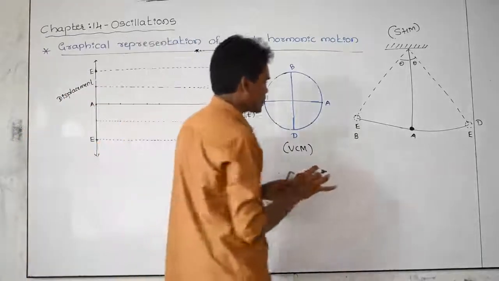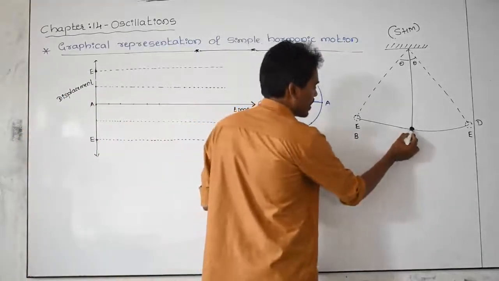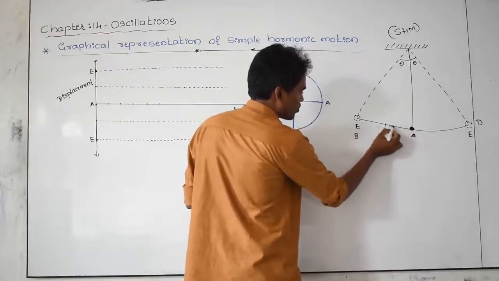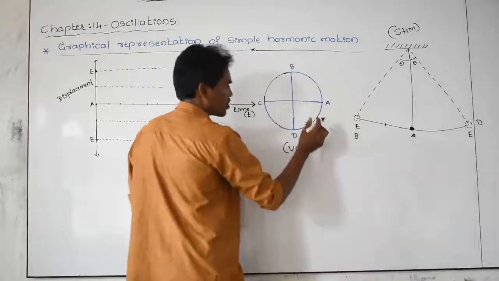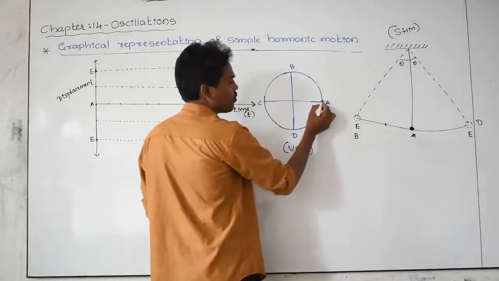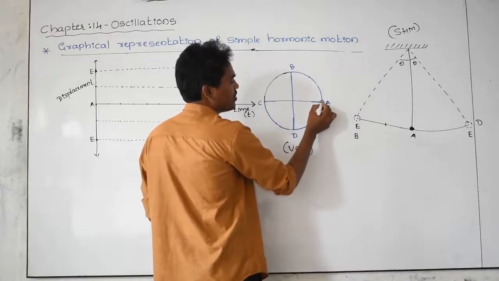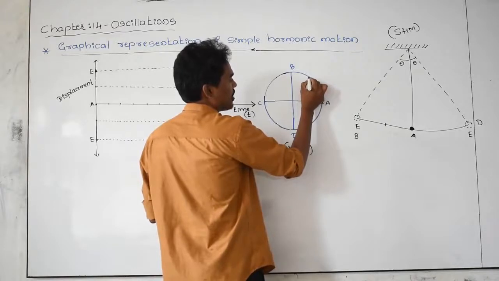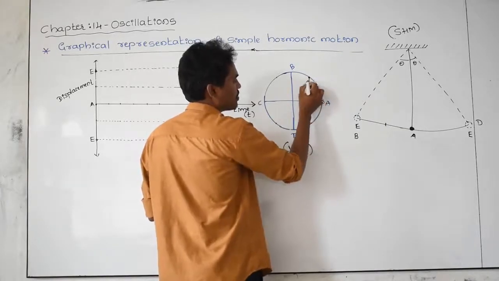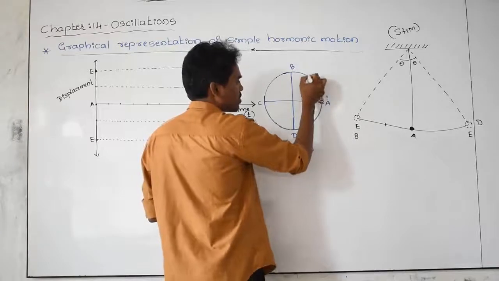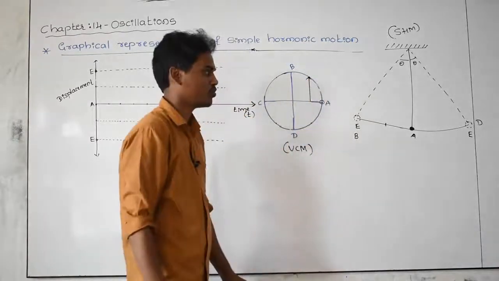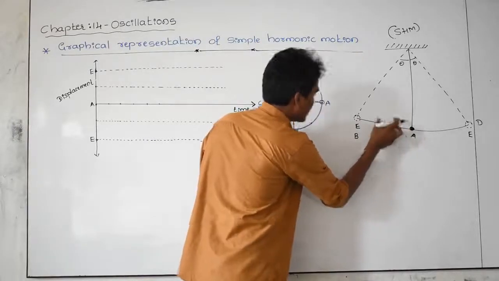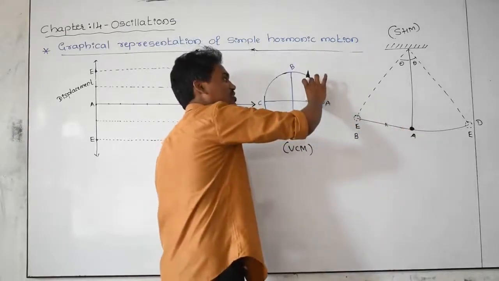Imagine, if the body is moving from A point to this point, then in uniform circular motion I am indicating A point to this point. Now the object is here, this object is moving from this point to this point, and I am indicating this as a displacement. This line indicates the magnitude of displacement in simple harmonic motion. This displacement I indicated in a circular motion as this one.